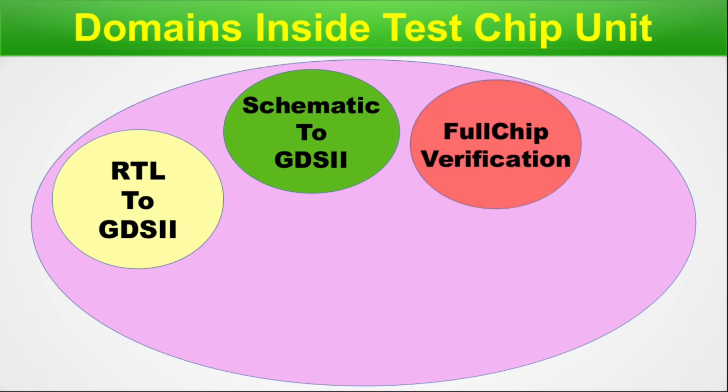Full chip verification is applicable to all of the test chip domains captured in this slide. Here, we use robust simulators, both analog and digital, as applicable. The verification for analog, digital, and analog mixed signal are already discussed in previous respective episodes. The difference is that full chip verification is much more rigorous and time consuming. Hence, you have to be at the advanced level. This means you have to be seasoned with the verification of the respective domain and you must know advanced features and methods of verification EDA softwares.